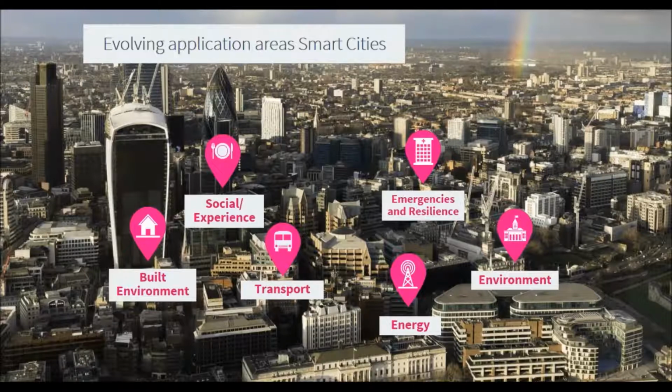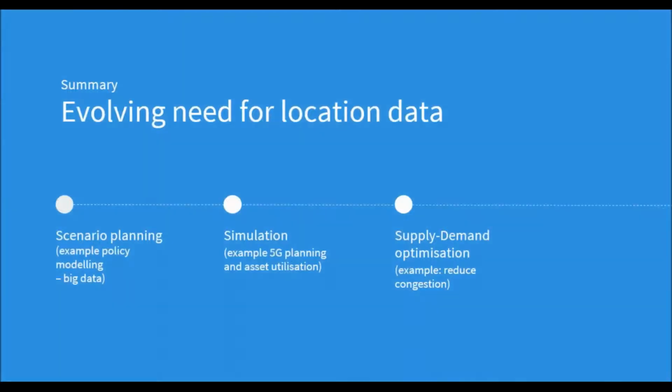Emergency and resilience is something that I think many countries are looking into at this point in time, to create data readily available to deal with emergencies should they happen. Environmental analysis has been in the GIS domain for a long period of time. I think we're going to see this growing, and there's a particular area in terms of social data, social experience, which is perhaps a little bit underdeveloped at this stage. But we'll come back to that when I talk about our involvement in the OGC Future Cities pilot a little bit later on.